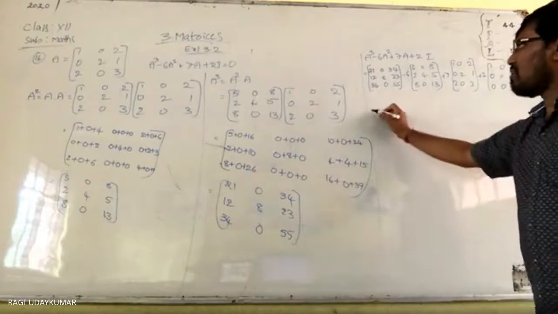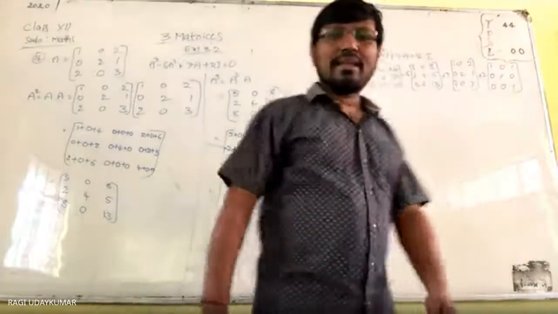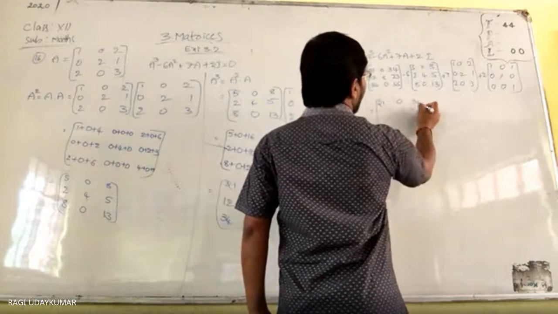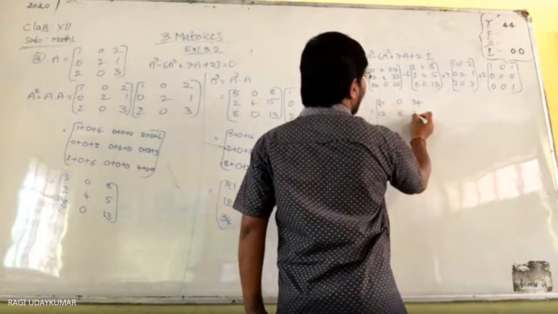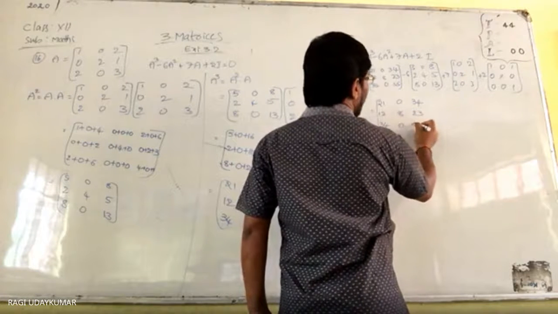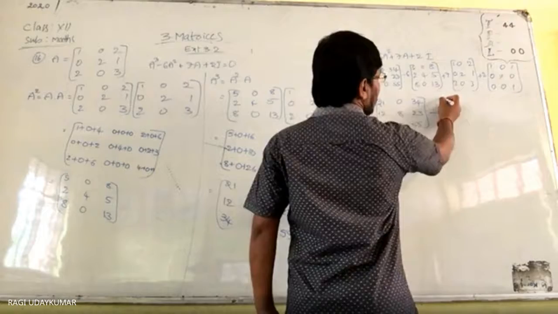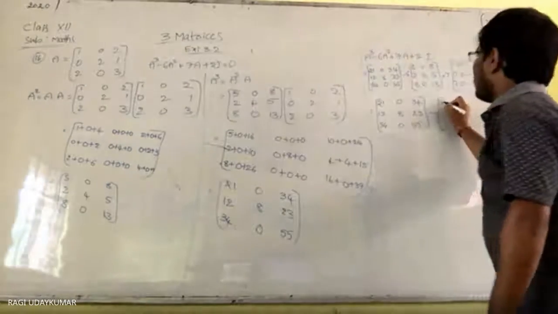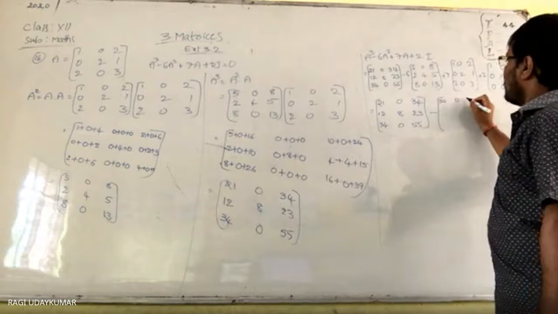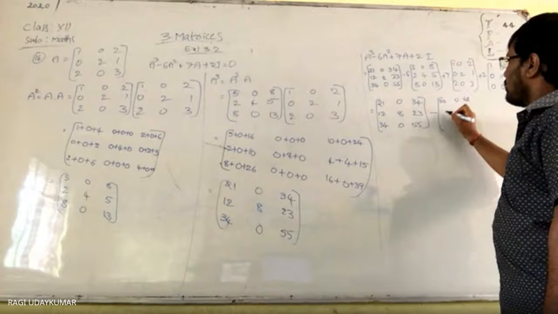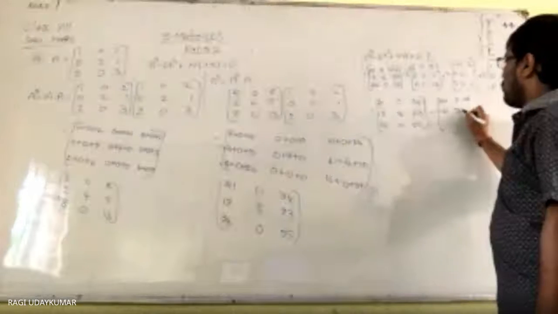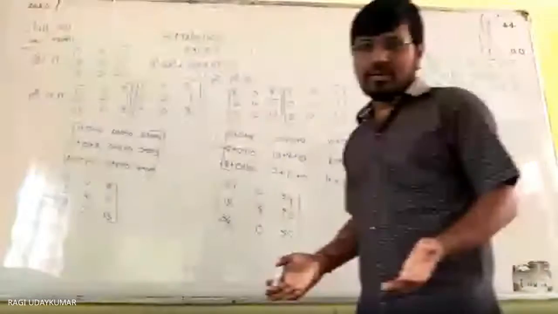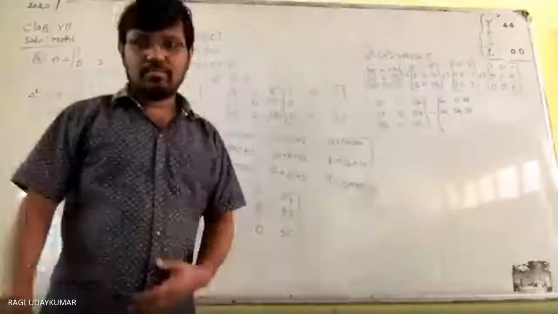And this you have to simplify. So this matrix you have to simplify and you need to write here. So 21, 0, 34, 12, 8, 23, 34, 0, 55, minus 6 multiply that we will say. 6 5s are 30, 0, 6 8s are 48, 6 2s are 12, 6 4s are 24, 6 5s are 30. So you actually understood the procedure, na? I think you can do that problem.